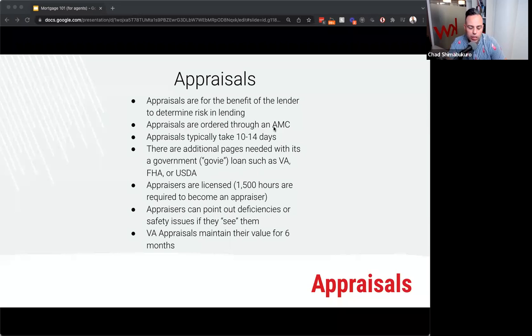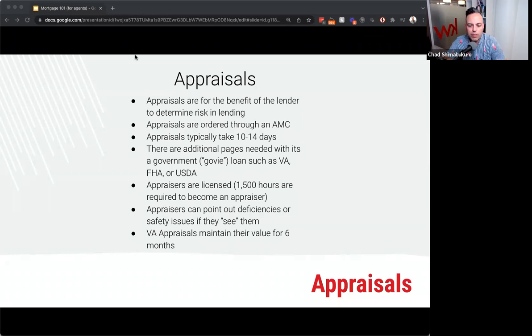Appraisers are licensed, and it requires 1,500 hours for them to become an appraiser. So it's not easy. Sometimes, an appraiser is the crux of our business. They can make or break an entire escrow or transaction, but they know what they're doing. Some of them aren't easy to work with, but yeah. And you're right, Dean. Some lenders are absolutely scared to talk to the appraiser because they don't want them screwing things up. Appraisers hold a lot of power, fortunately and unfortunately.